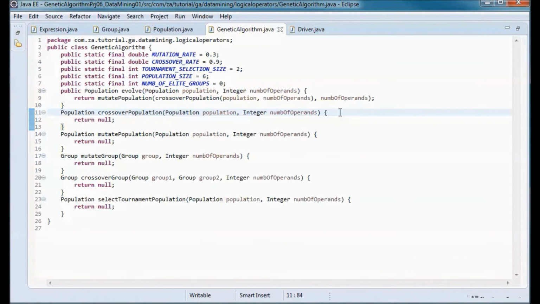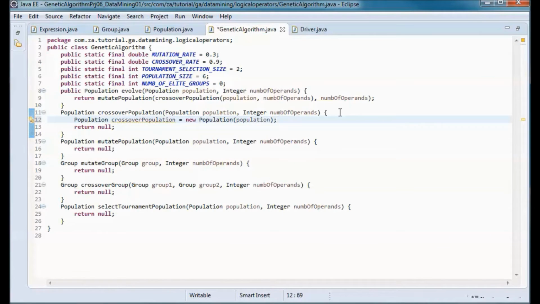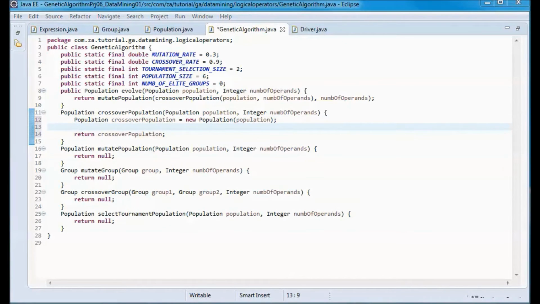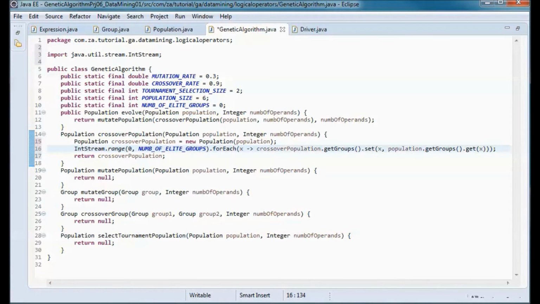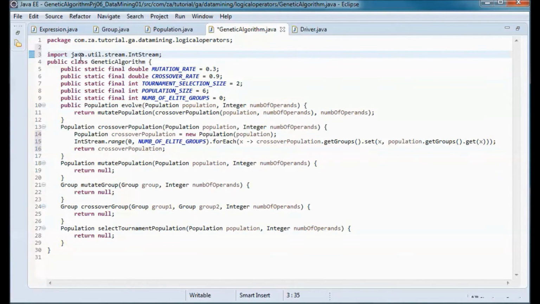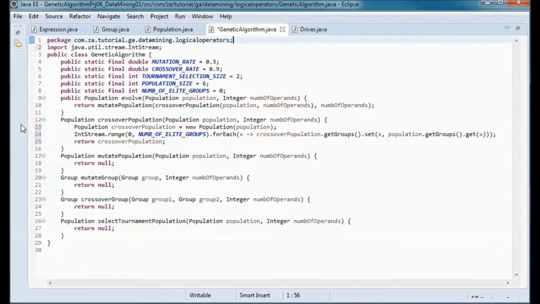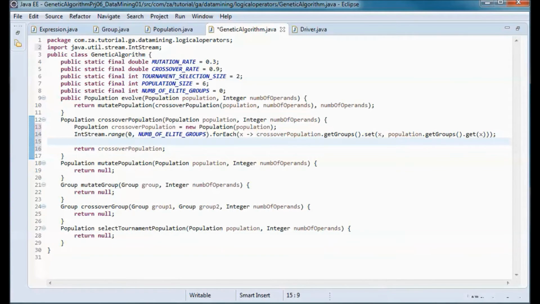Now here we will define this crossover population and return it. But before doing that, we will move the elite groups as is to the new population to be returned, the crossover population.